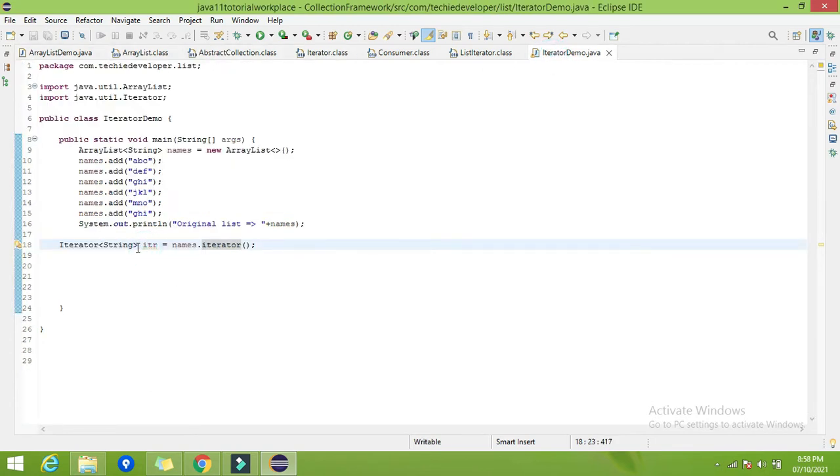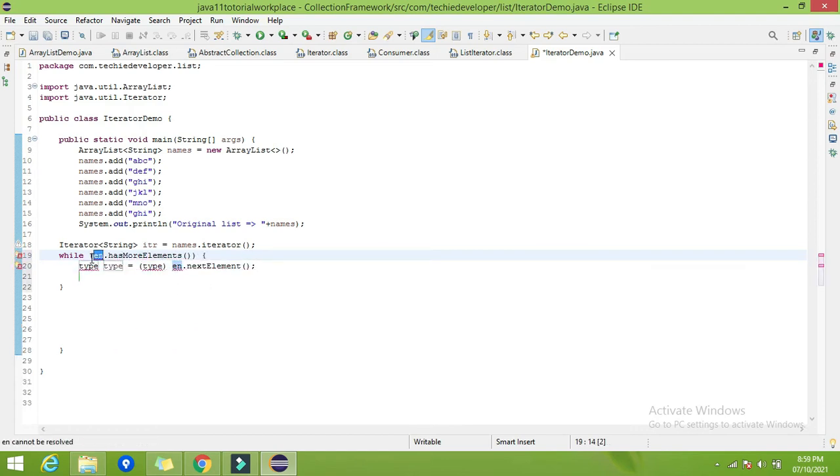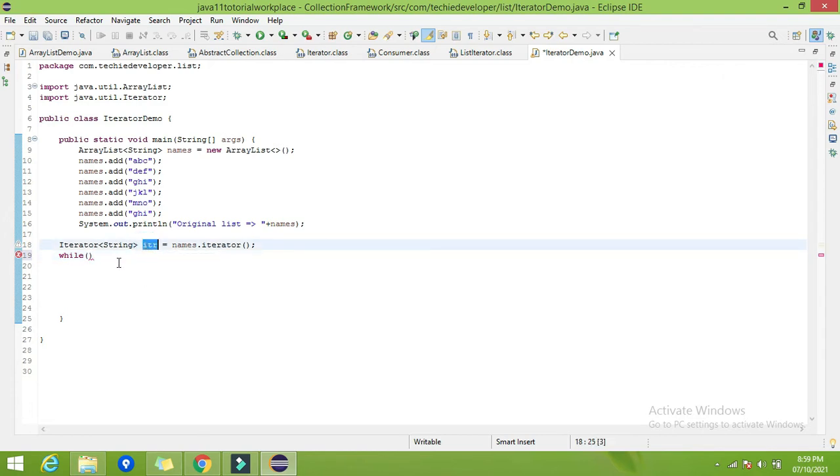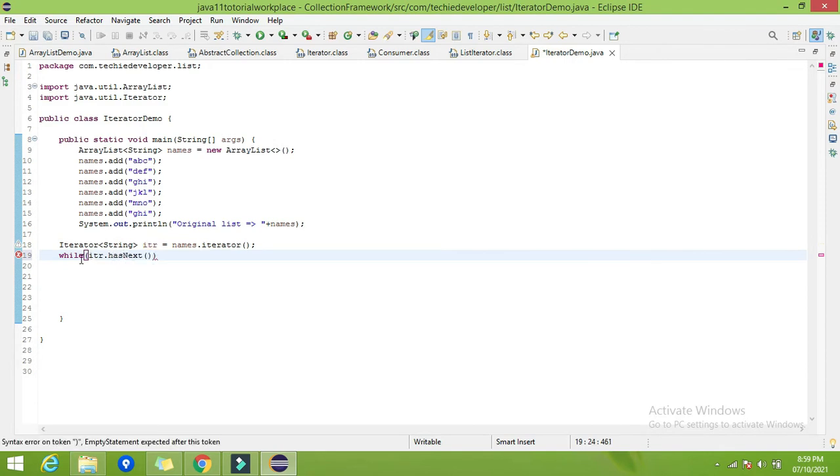So now we have created the iterator. As I told you, it has one method, hasNext, which gives the flag whether the next element is present in the list or not. So we can directly use a while loop, while itr.hasNext.